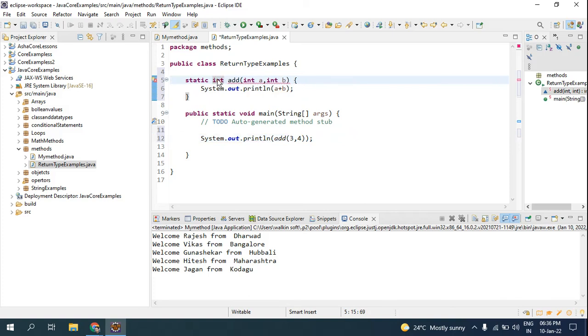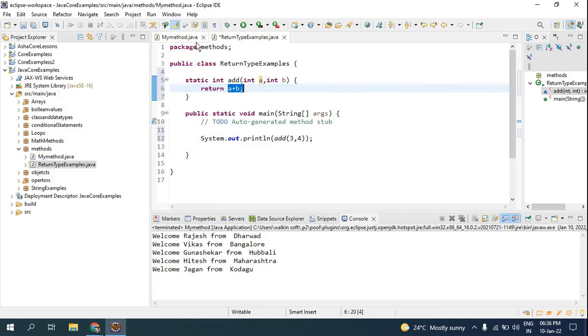Look, it is giving me an error again. So I'm going to check what the error is: this method must return a value of int type. The method should contain a value of int type, so you cannot directly print it. So all you have to do is use the return. Here you have to use the return. Look, now no errors are present, because this is an operation, like this is for the integers.